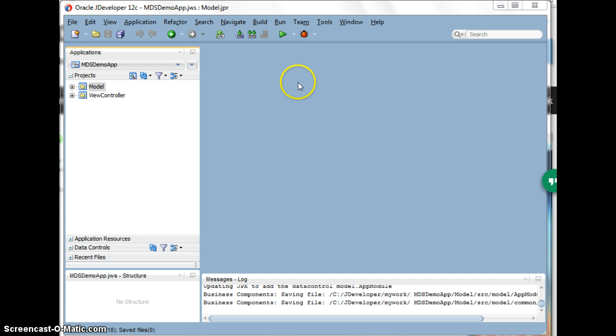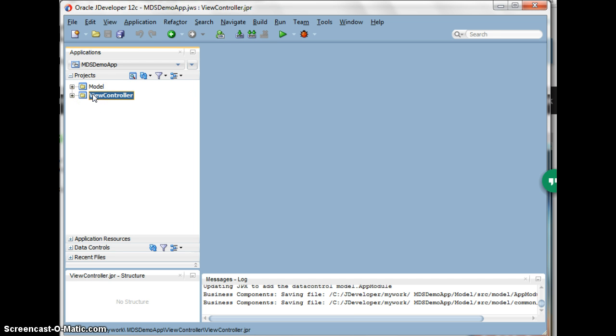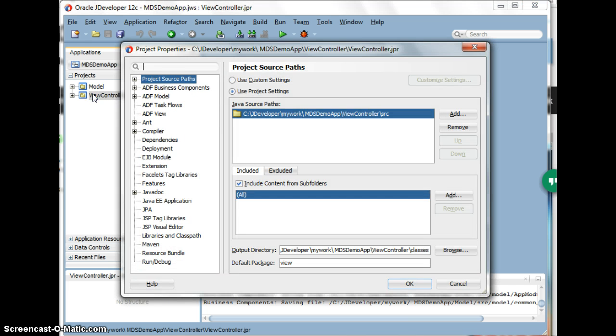So I fired up JDeveloper 12c and I've created a Fusion application. In the Fusion application, I have created a model project. In this model project, I've used a simple employee EO from the HR schema and the application module which is exposing the VO. So in order to configure MDS, we have to double click on the view controller, go